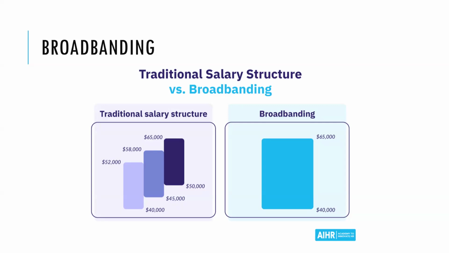What happens then is for employees to move up within this traditional salary structure, they'll get yearly increases potentially. In the past, it used to be based more on seniority. Now it's more on performance or skills. And sometimes there's a cost of living adjustment as well. But in order to change from, say, the first group to the second group, you will have to get promoted. But once you're promoted, you're into the second group. And now your manager has to determine your pay. That's why promotions often get pay increases, especially traditionally, because you used to go into a different pay category within